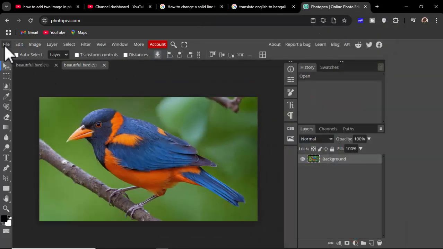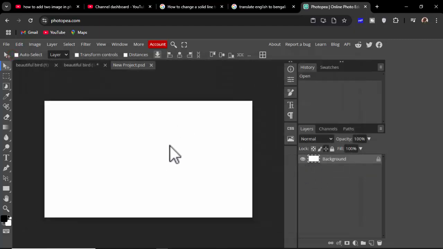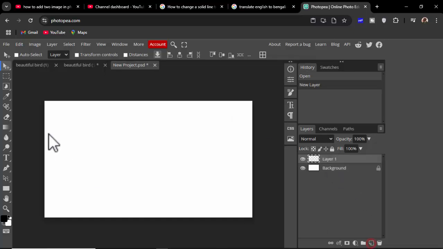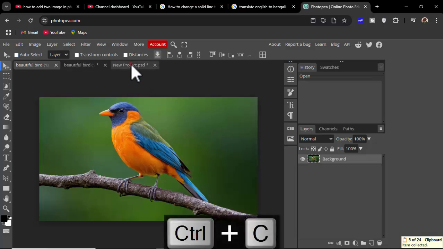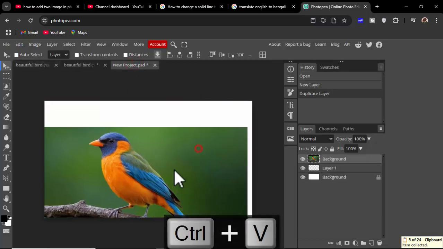And step 2, go to File, New Project, insert this image, create a new layer and see this image, press Ctrl C. Again, click this layer, press Ctrl V. Now see this pasted